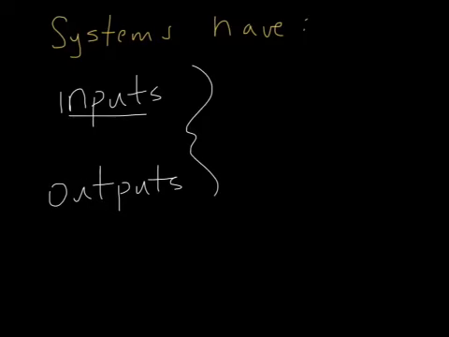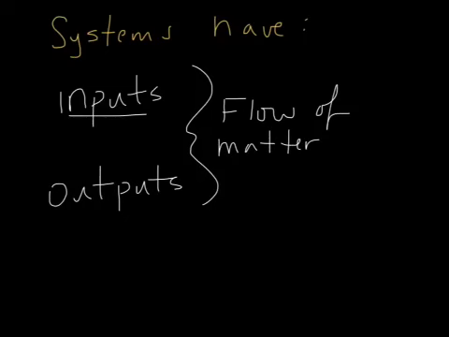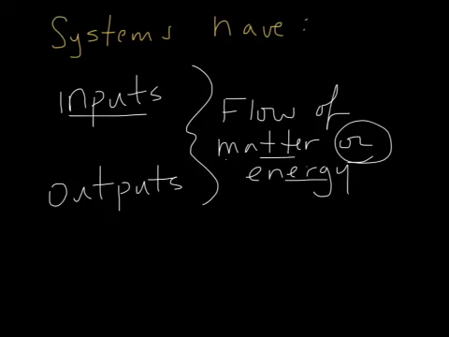Both of these involve the flow of matter or energy. The "or" is important, because when you talk about inputs and outputs, many times matter and energy are kept separate. There's also something called a storage,